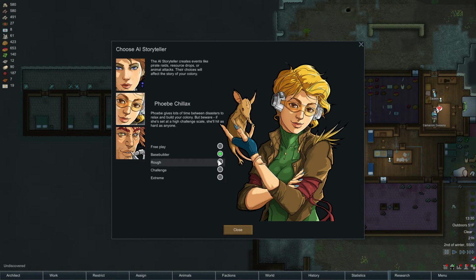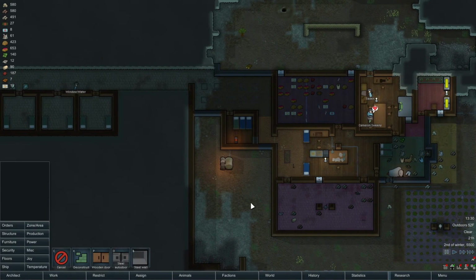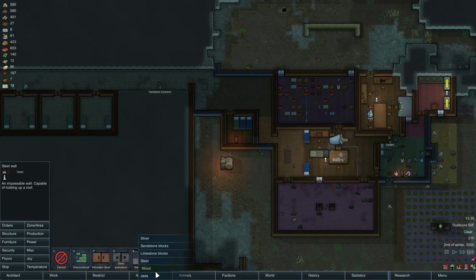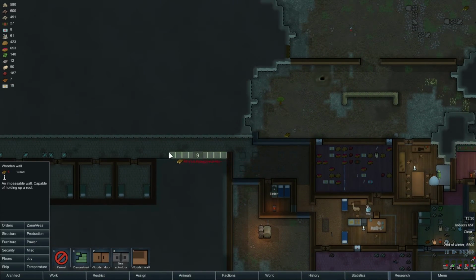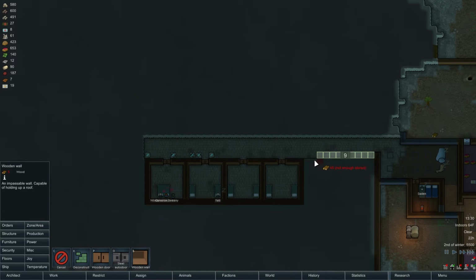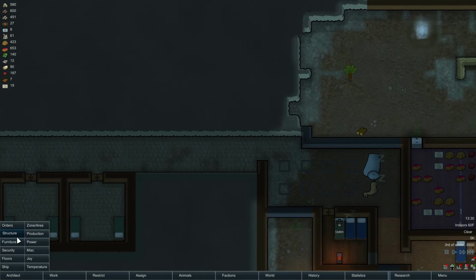What is our storyteller? We are on base builder. I didn't know if we were on rough or whatever. It's fine. Our power's fine. Now that we have the wood. Like I said, I kind of screwed up here, but not that big of a deal. Although,